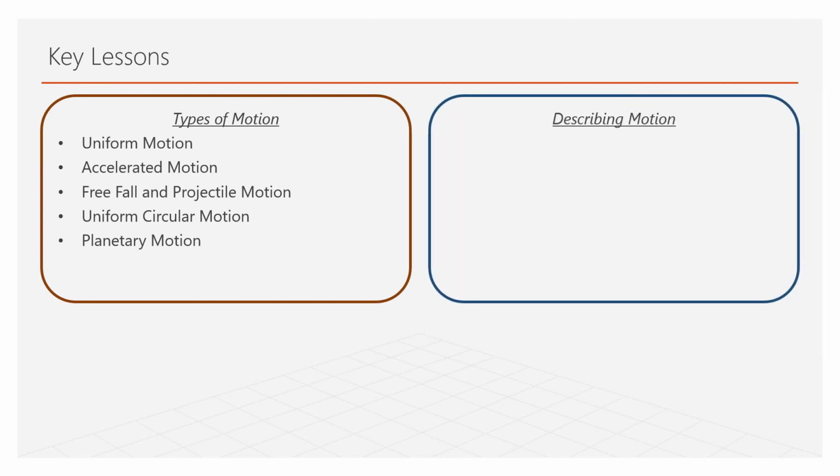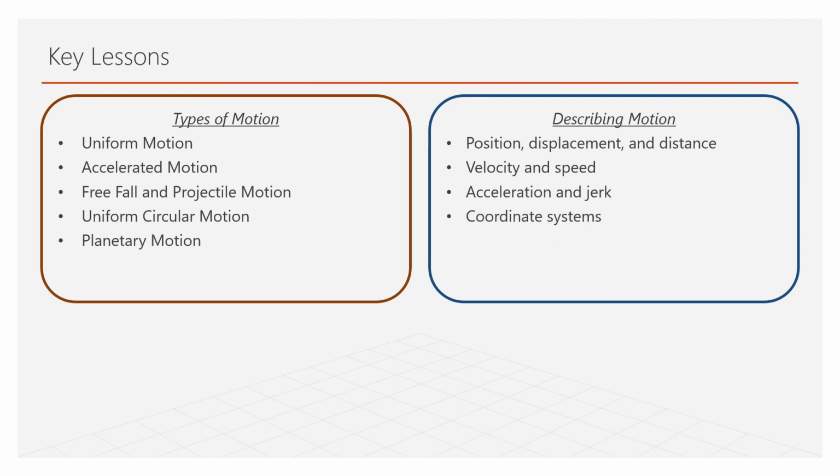We also were able to describe motion. First, we looked at the definitions of position, displacement, and distance, as well as velocity and speed, as well as the distinction between average and instantaneous. Then we looked at acceleration and jerk. We looked at coordinate systems, and we saw that we can pick any coordinate system that is convenient for us, so long as we do the math correctly. We did examples of graphical vector arithmetic. And we looked at the kinematic equations, where we're able to find the state of an object